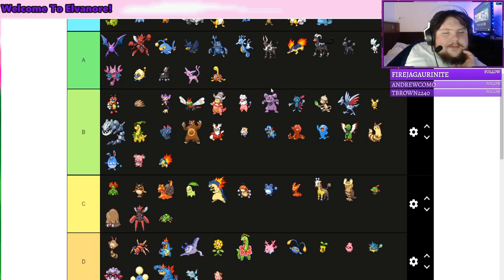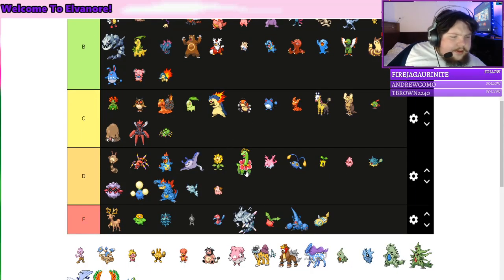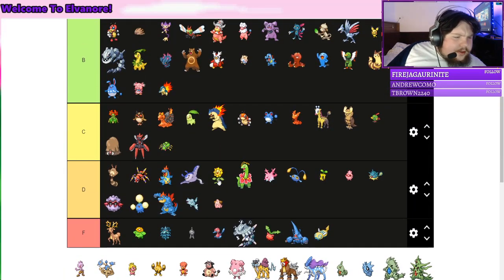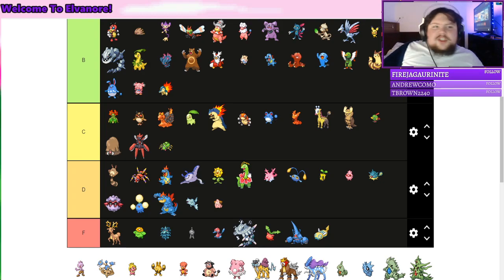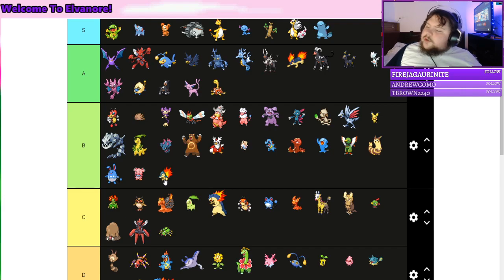I enjoy Smeargle, personally. Yeah, I agree. I like the idea of him, you know? Can't believe you think he's better than Cyndaquil, the cutest little lad. It's more that, for starters, they're underwhelming. That's the main reason I have against it. I honestly think, actually, Cyndaquil could probably be...